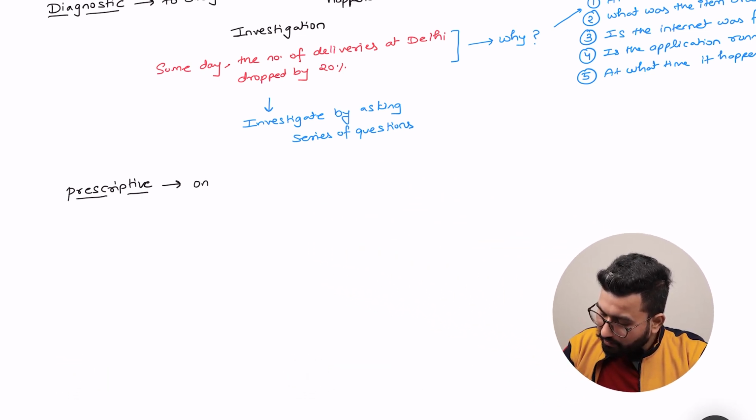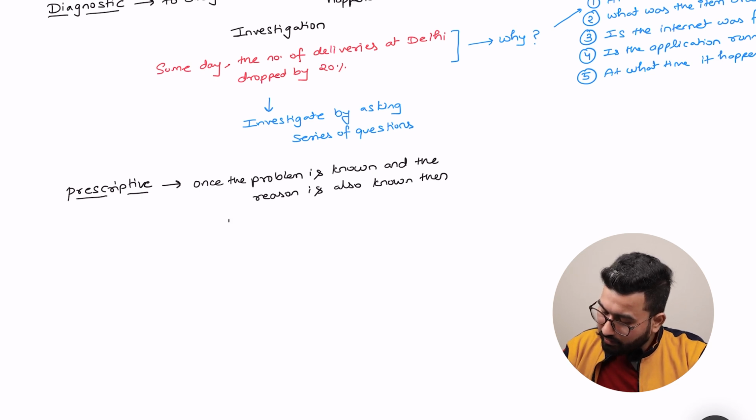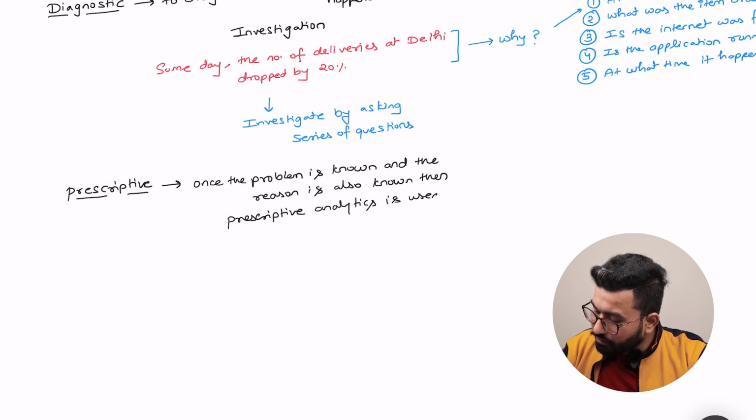So once the problem is known and the reason is also known, then prescriptive analytics is used to suggest changes to avoid the case